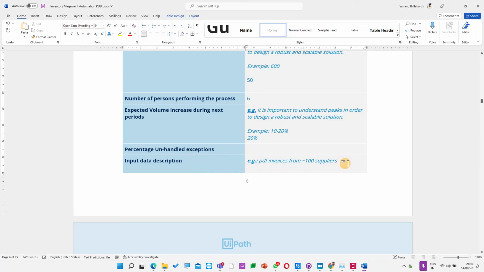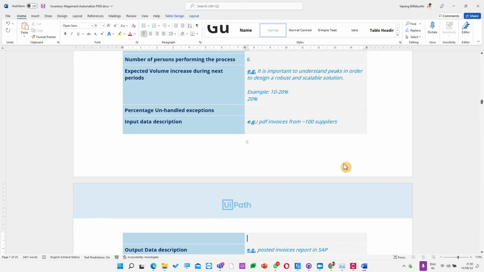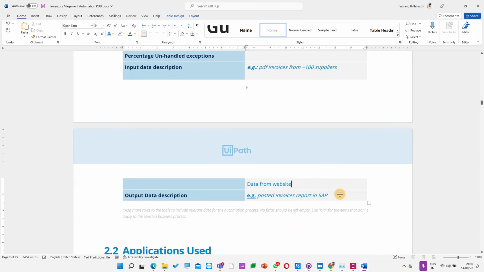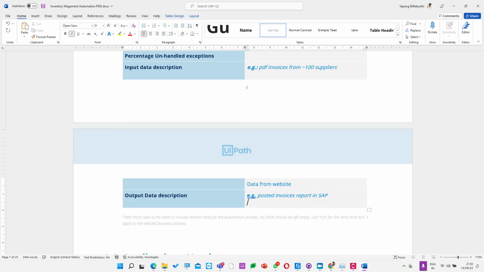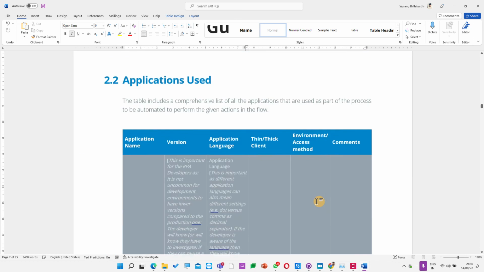Input data description, data scraping, data from website directly. Output will be inventory report in PDF, sorry, in Word. Okay. Next,